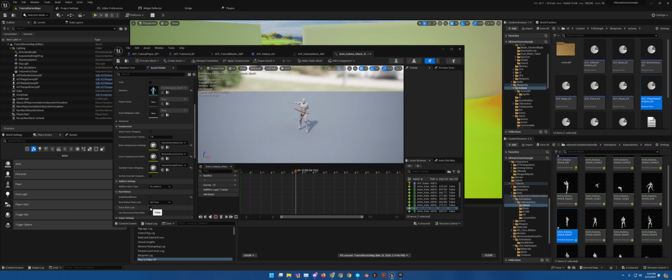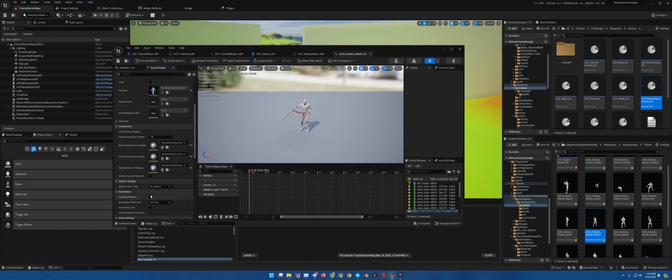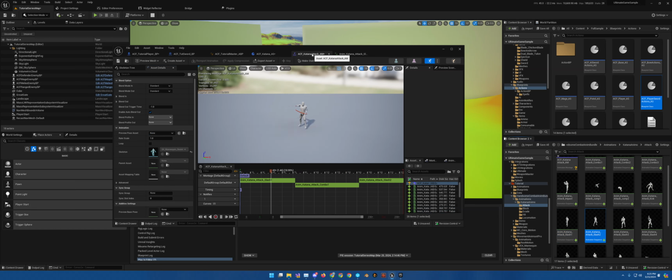So we want to lock that. Save. And then check mark those. So now, there we go. So the next thing we need to do is we need to create,